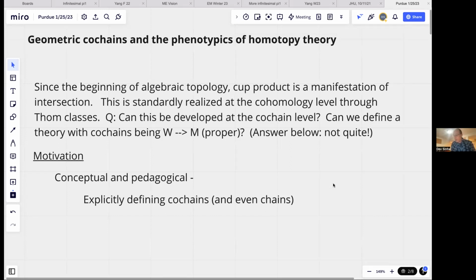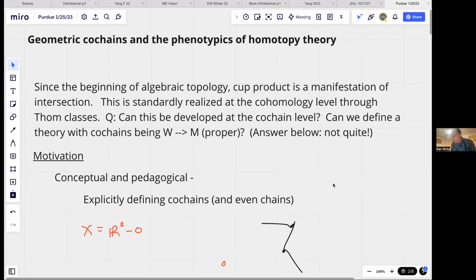You know, if you've got some space and you're defining chains, and then eventually cycles, you can draw pictures, it's a finite amount of data. If you think about singular cochains, what you're supposed to do is for every single map from a simplex in, you're supposed to give a number. Well, how do you do that? Well, there's a way to almost do it.